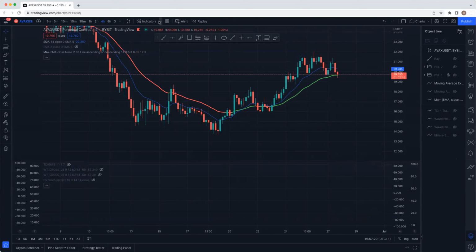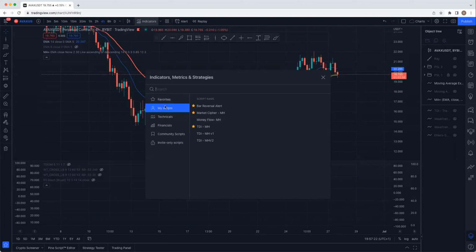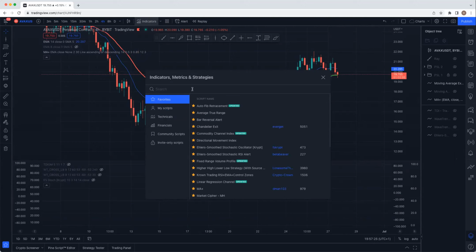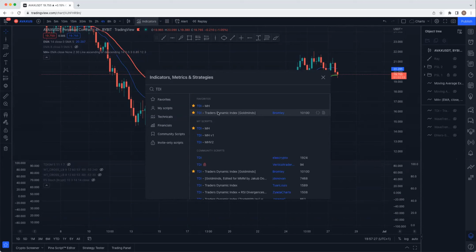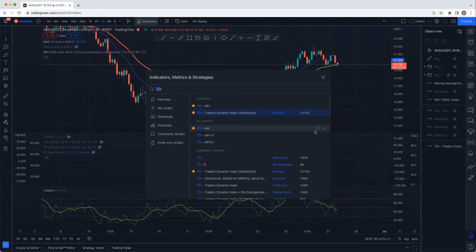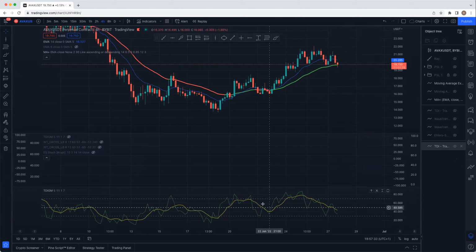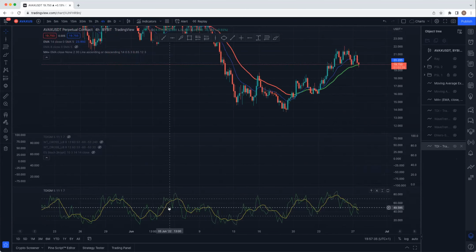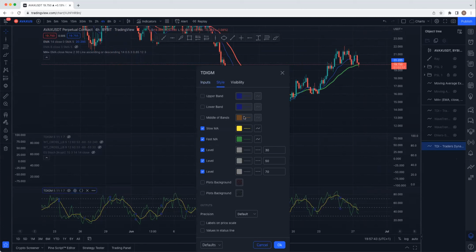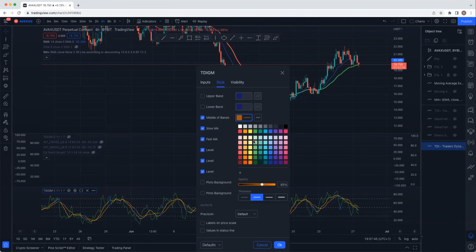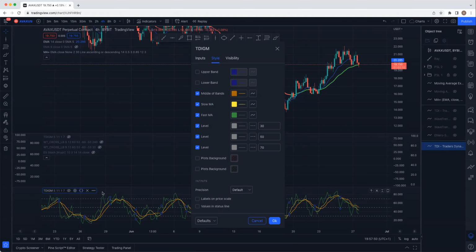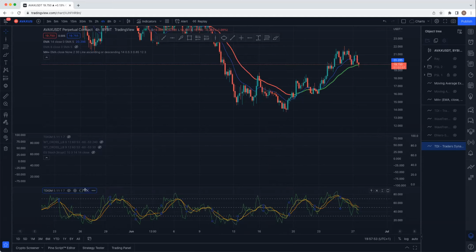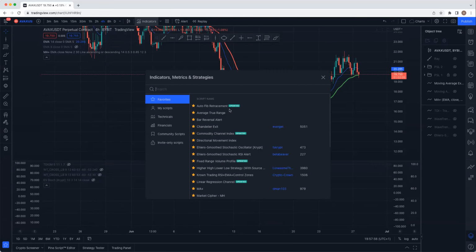So we are looking for the TDI. First, we just put it here and then we say TDI. And then it comes, the Traders Dynamic Index, the gold mines. Now, when we get the Traders Dynamic Index, normally, because I've saved it as default, this is what I see. But normally, you wouldn't see it this way. I think this middle band is normally orange. Okay, let me close and get it from here, the way it looks originally, then you can see.